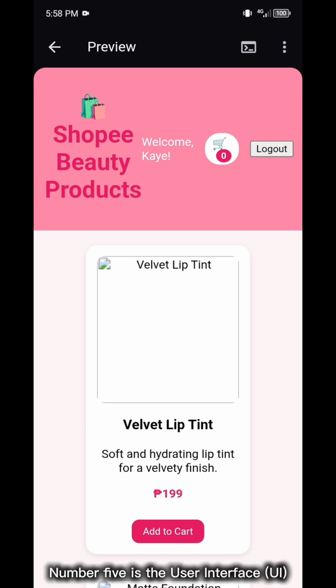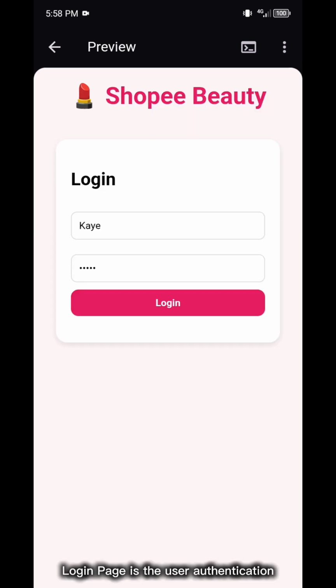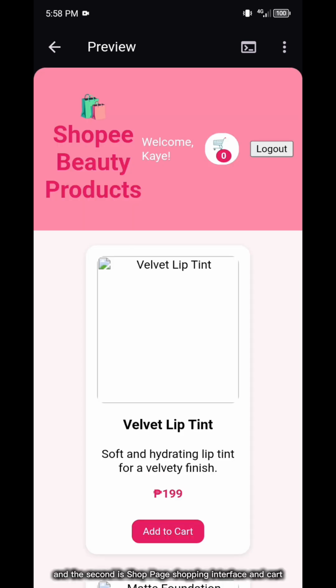Number 5 is the user interface or UI. A simple and attractive UI design using HTML structure and CSS styling. There are two main pages. The first is the login page, for user authentication. And the second is the shop page, the shopping interface and cart. Clean typography, product images, and emoji icons make it visually appealing. And the last one is